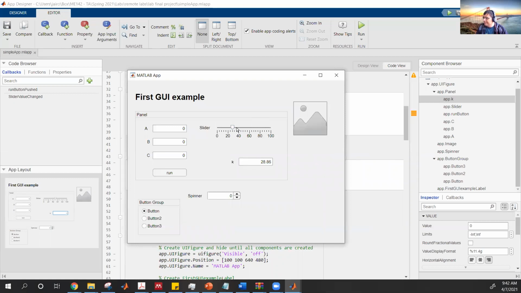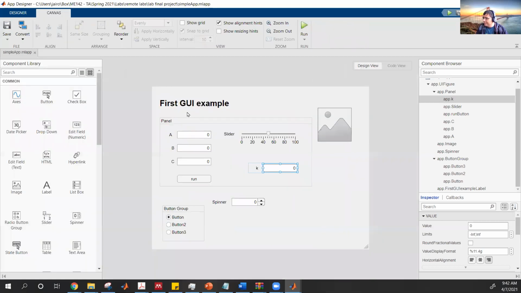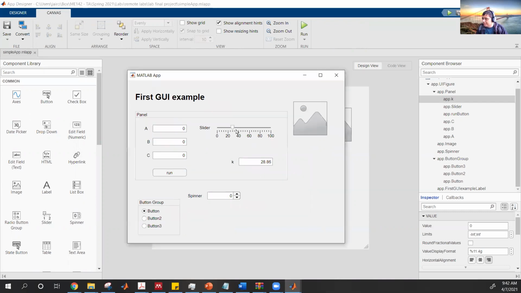Yeah, the error was that I was using this edit field text. So what this box was expecting before was a string, not a numeric value. So that's the reason why it wasn't working. So right now, as you can see, if I move the slider,